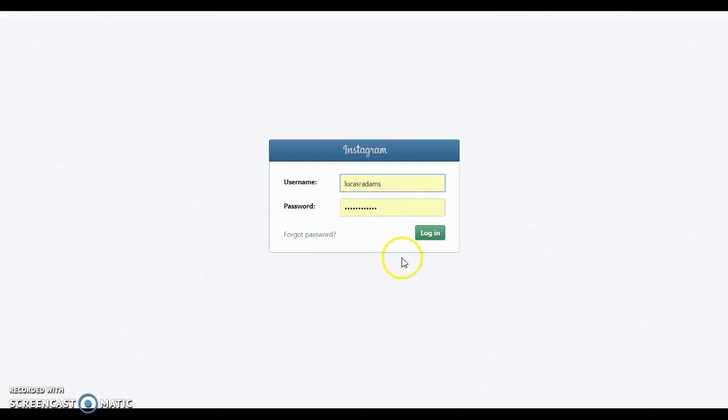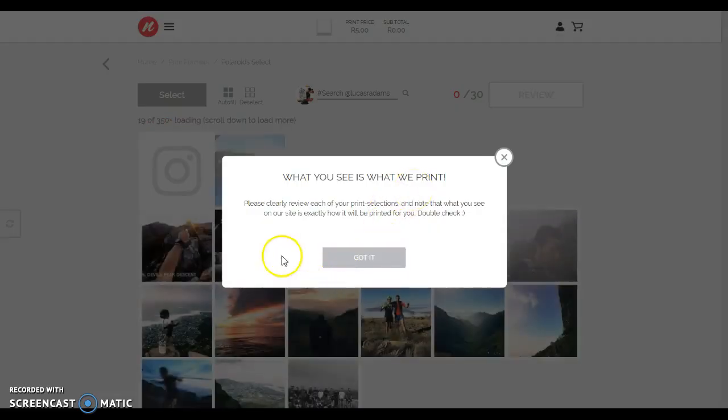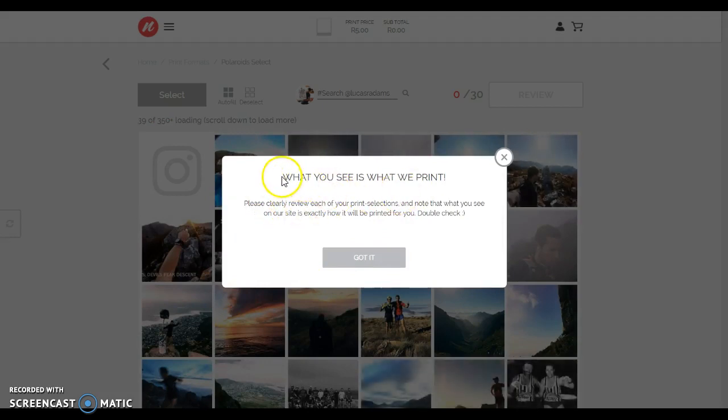So you'll see right now we've gone to Instagram. This is my own account. I'm going to log in. So this could be your account or anybody else's account. And you'll see the first thing that happens is there's a little pop-up that says what you see is what